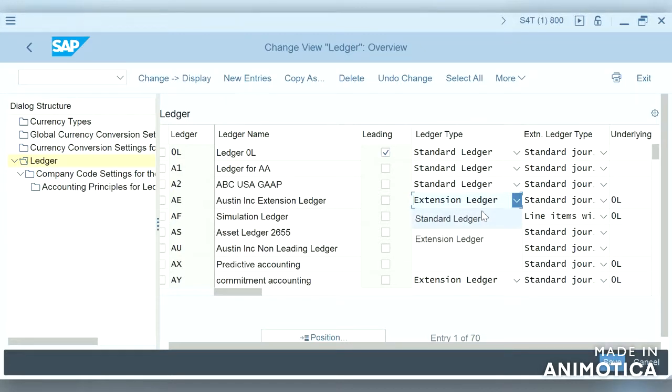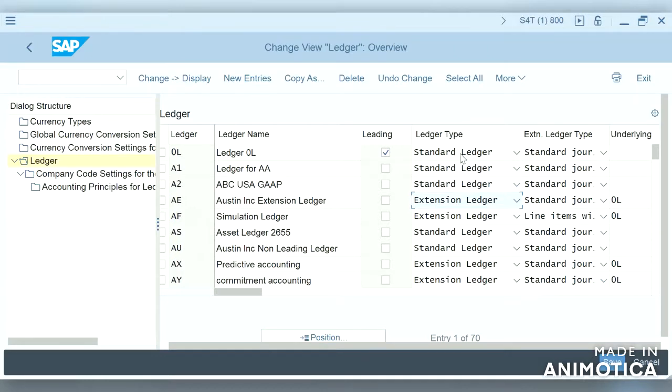So let us compare. Standard ledger is an independent ledger and standard ledger is an underlying ledger. For extension, the underlying ledger will be the standard ledger.